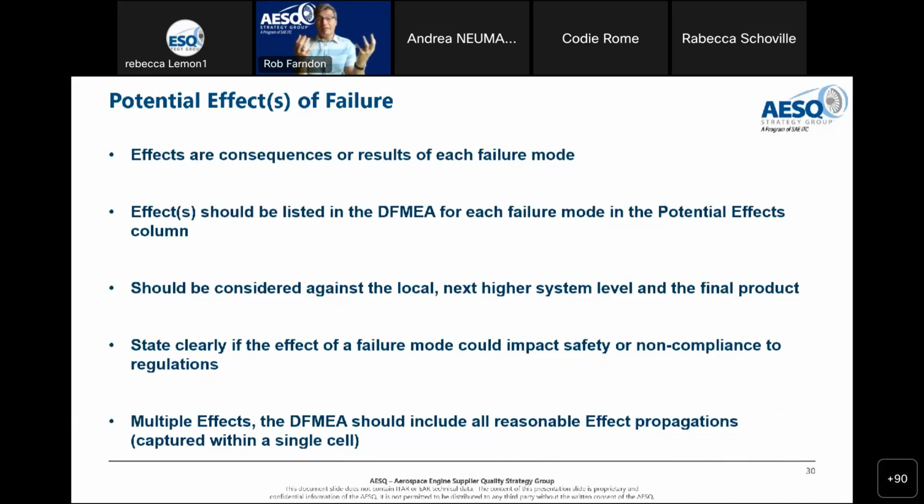Okay, so that means if my component fails to deliver on a particular function, if it fails to transmit a load, that will have a potential consequence higher up the system level that might need to be considered in the design of that system level. So the effects propagate upwards. It's important to try and express, if you're doing a component DFMEA, where you think that effect propagation is going to go. And that's one of the reasons why we often suggest that your next highest system level should be represented somehow inside the DFMEA team,